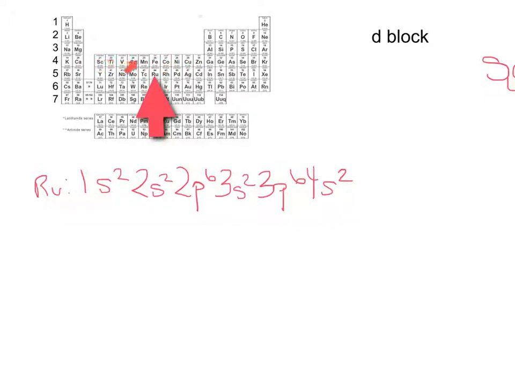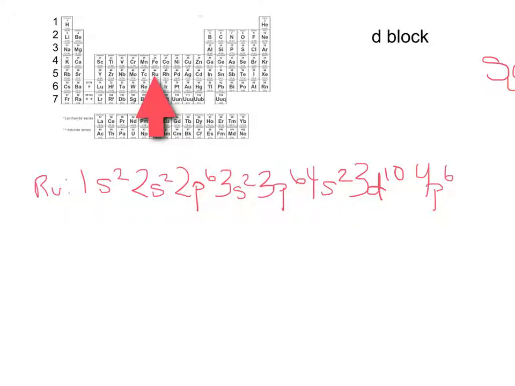And I have to go all the way through this section of D block so that I can get back to P. And D block is the only one that you have to subtract 1 from, because right when you get back into P, this really is the 4th energy level. So we have to go back to the 4s there. So I just did 4s2. Now I'm going to do 3d10. That's my next step. So 3d10. And now I'm going to go into P block. I have to finish out my line before I go on to the next one. So now this is going to be back to energy level 4,